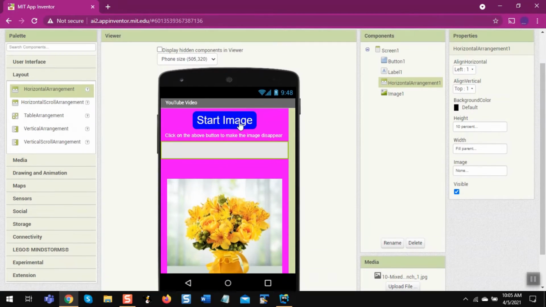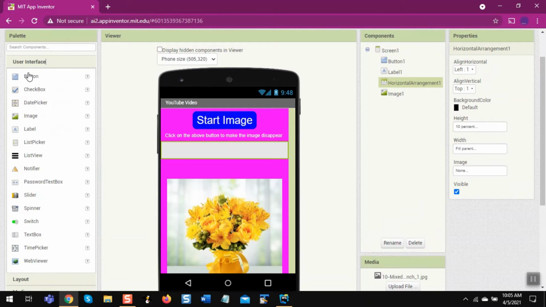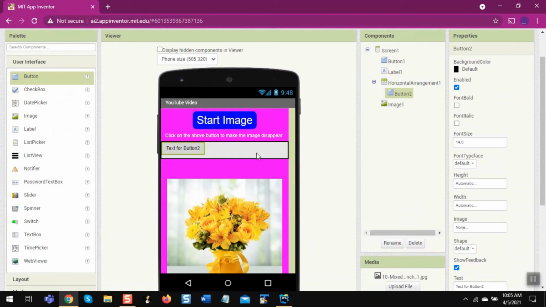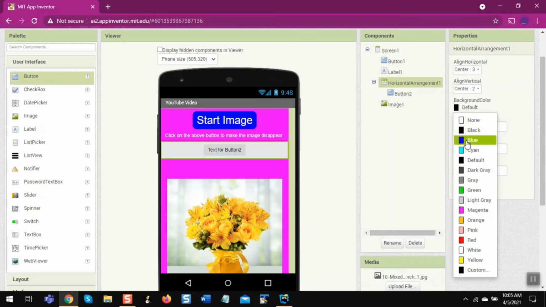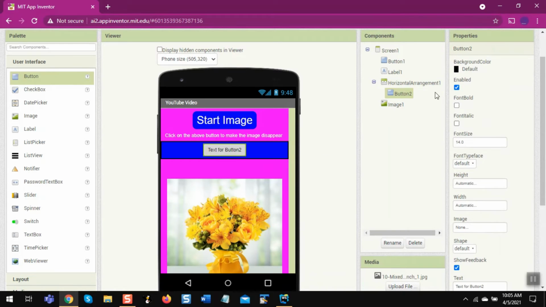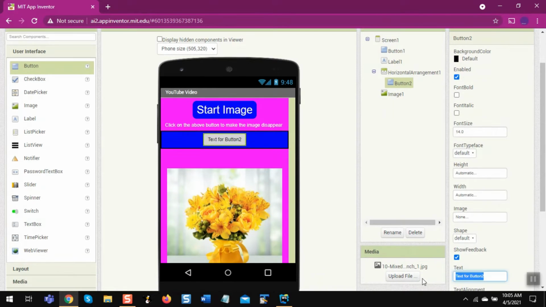and I'm going to put one more button on this, and set align horizontal to center and align vertical to center. Change the background color, I'm going to do blue, and change the button text.